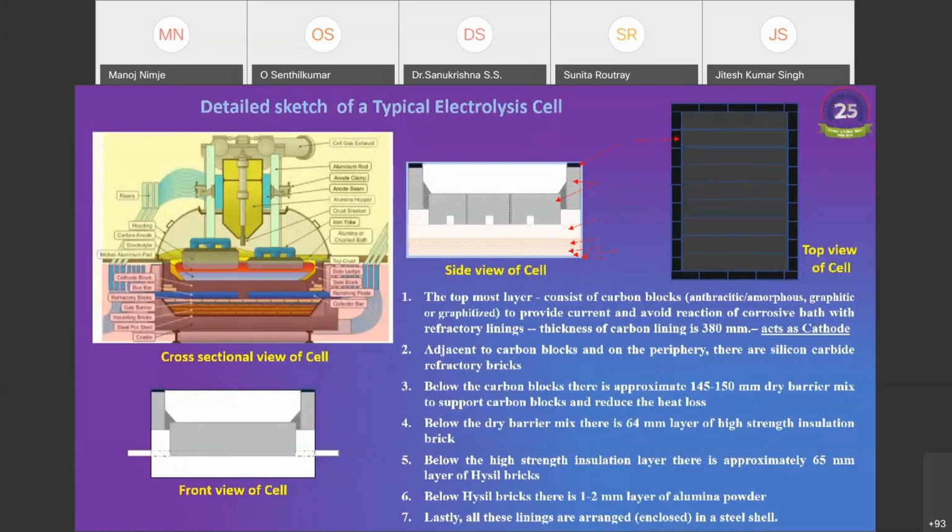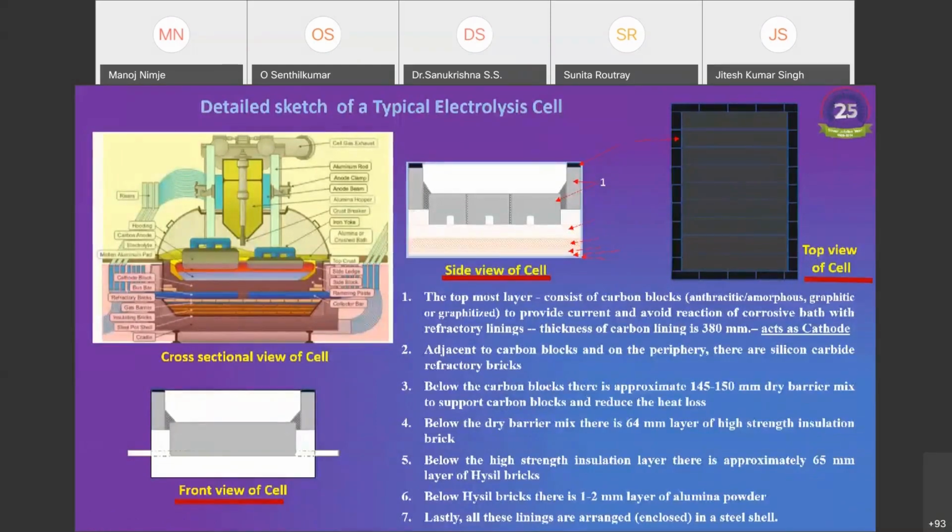And we are interested in SPL, that is spent pot lining. We concentrate only on the lower portion of the electrolytic cell, that is the cathodic portion. The front view, side view, and the top view of cathodic portion of an electrolytic cell are shown here. The cathodic portion is also called a vessel for holding the molten cryolite, and the construction material used in the construction of cathodic portion or a vessel comprises of, one,